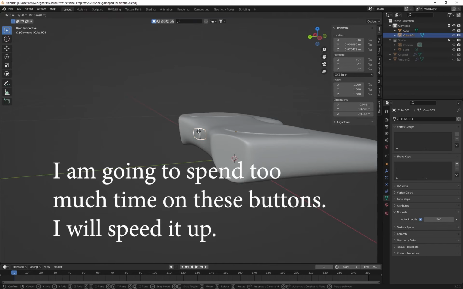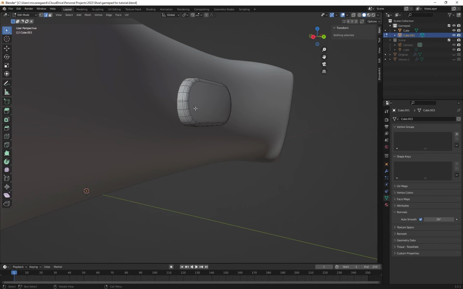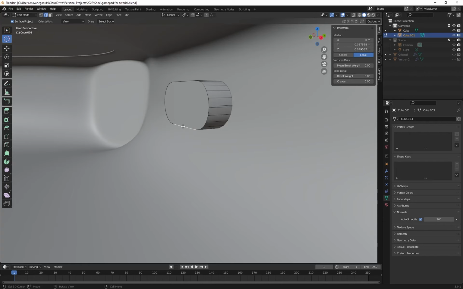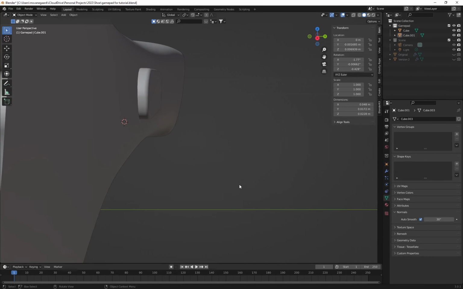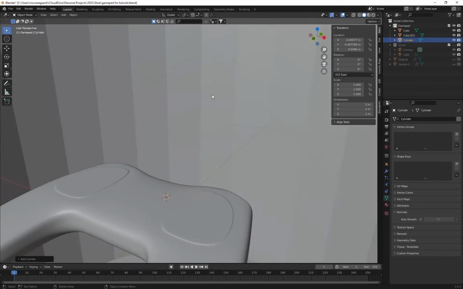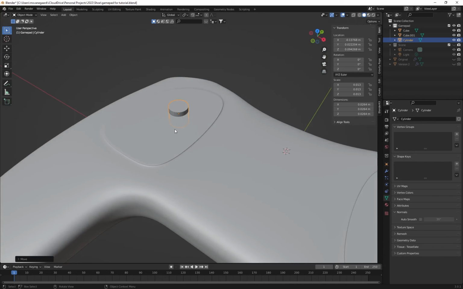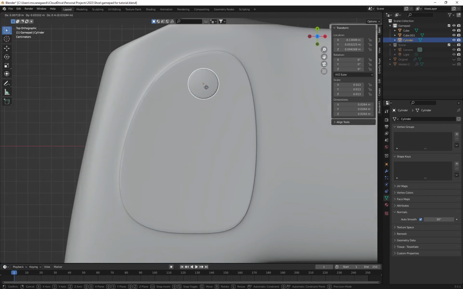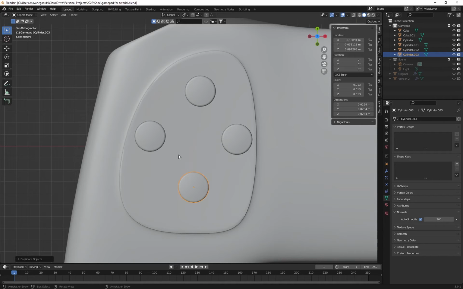Yeah, that's a nice place for it, but maybe actually it's a bit too high. So grab it by pressing the G, and then I'm gonna hit Shift D, and then Shift D to go here, Shift D to go here. It's gonna look a little bit weird, but